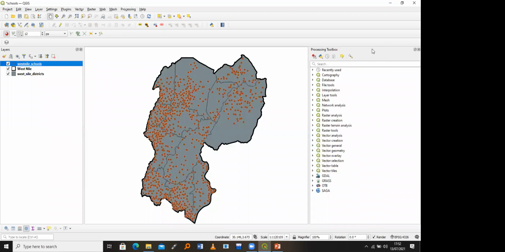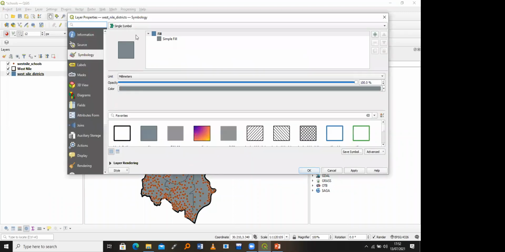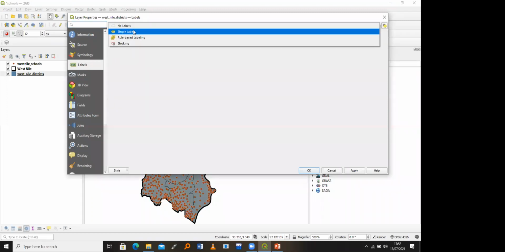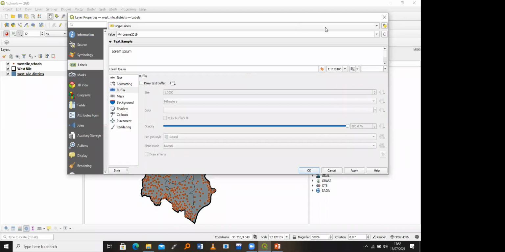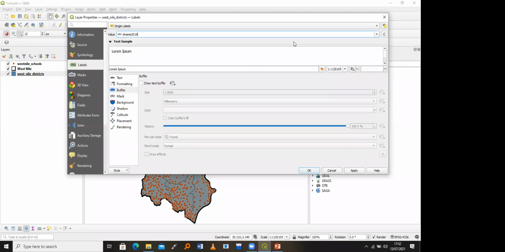And then the next aspect I want to introduce is labeling. So I want us to be able to label these districts. They have various names. So I'll click here, then properties. Follow with me. Select labels, and then click here, select single labels. So this requires that you already open the attribute table and you know what each attribute column represents. So me, I know that to represent the names, I'll use this district name 2019. I'll just click it and then say